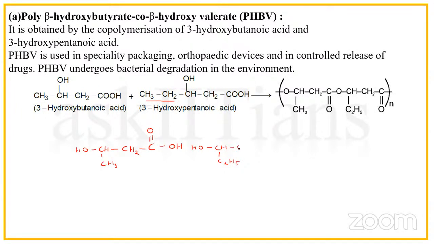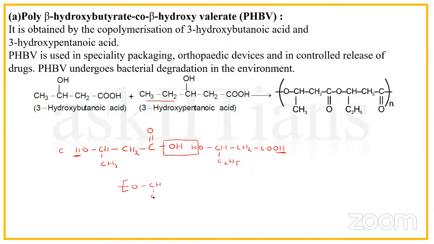CH, CH2, COOH. Now polymerization will occur and water will be removed, as it is a condensation polymerization, and again from this end we will have a COOH group. So H will be removed from here, and from here OH will be removed. So basically what we will get is O,